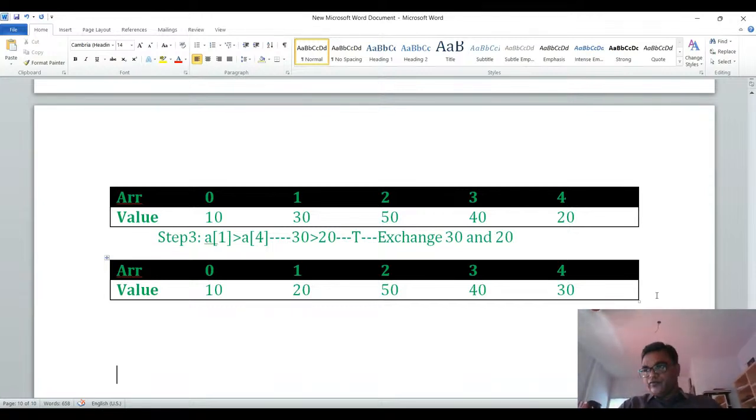If you have 5 elements, 4 comparisons are required. If you have 4 elements, 3 comparisons are required. If you have 3 elements, 2 comparisons are required. If you have two elements, you need only a single comparison. Then you will go to